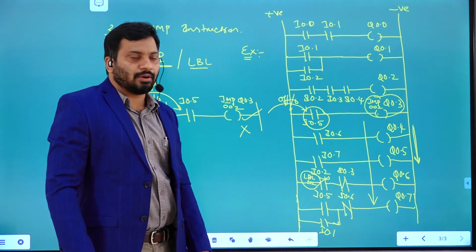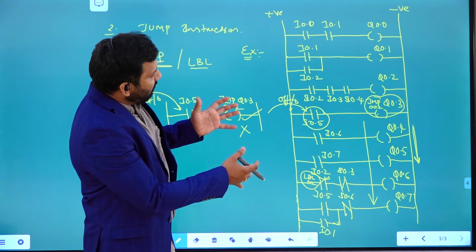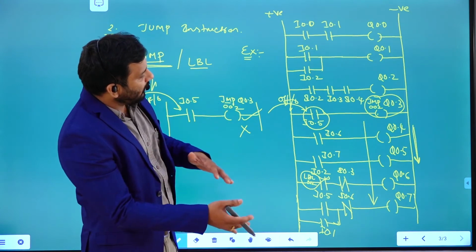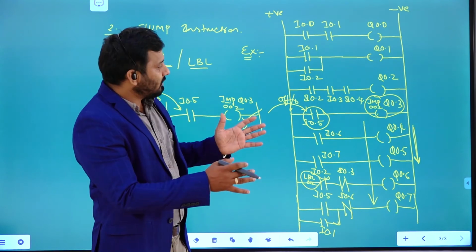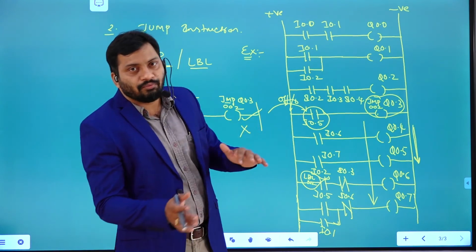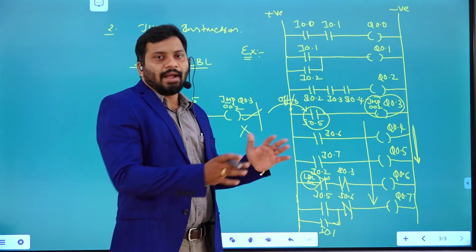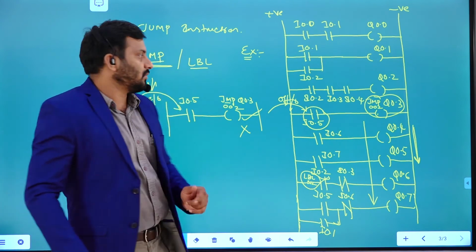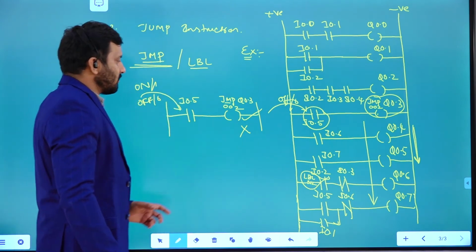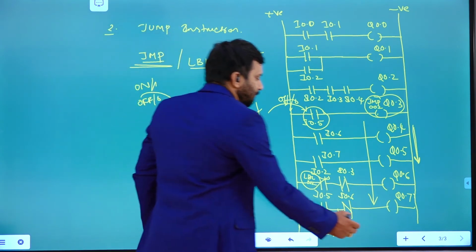In this programming, it jumps but it's not getting back, without feedback. It normally only jumps to some other location. So that's how this particular jump instruction works.